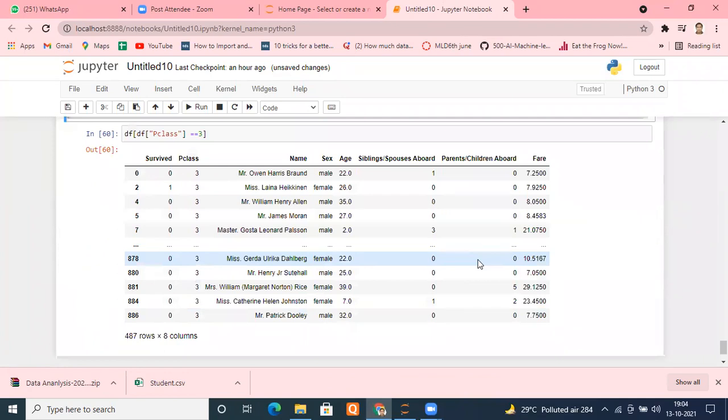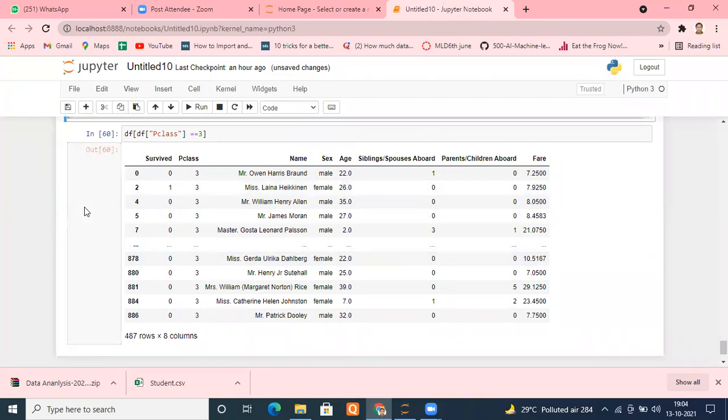Right? So they may ask you this way as well. Tell me in which class the most people died. I think you can do such kind of analysis very easily. Check class by class, and you will be able to get an idea how many people were there, how many survived and everything. What was the maximum fare? You can tell me what was the maximum fare, or who paid the maximum fare, who paid the minimum fare. I think this kind of analysis can be done very easily now by you people. Tell me. Yes, sir, it was easy. It's very, very easy, right?